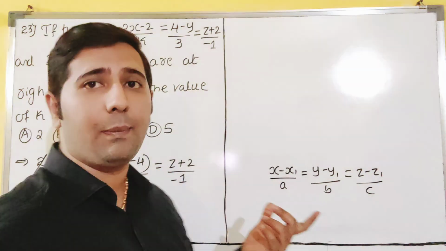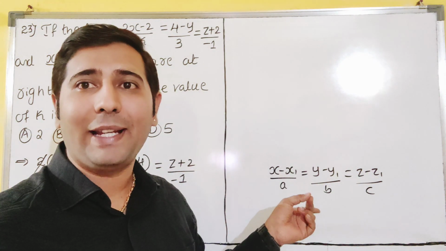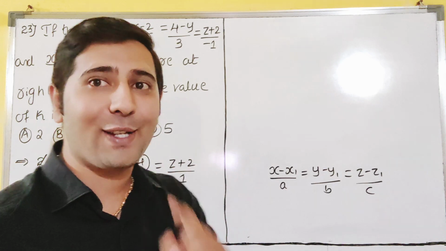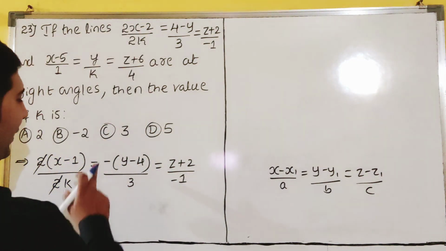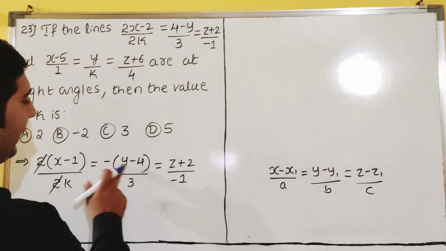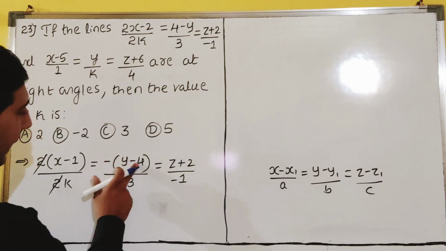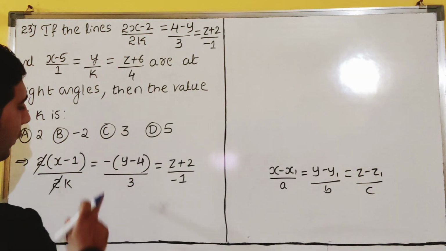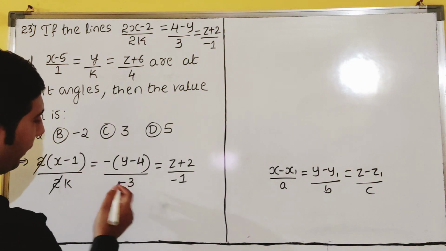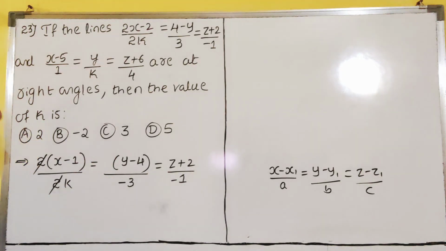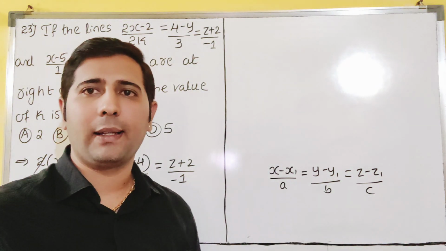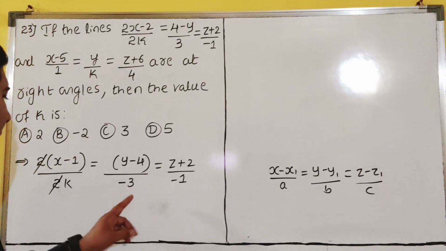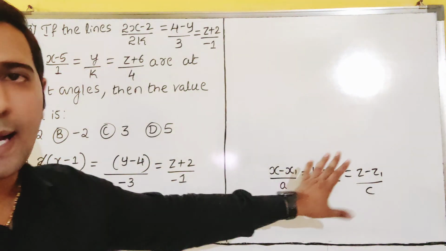Sir, how have you written a plus? Minus into minus is plus. z1 is minus 2, dear students. Don't get confused. See here, how has this become? Minus into y, minus y. Minus into minus, plus 4. So this minus sign I will take down. Understood how I have written it now? In standard form it is looking like this. So what are A, B, C here? You have understood now. This is in standard form.